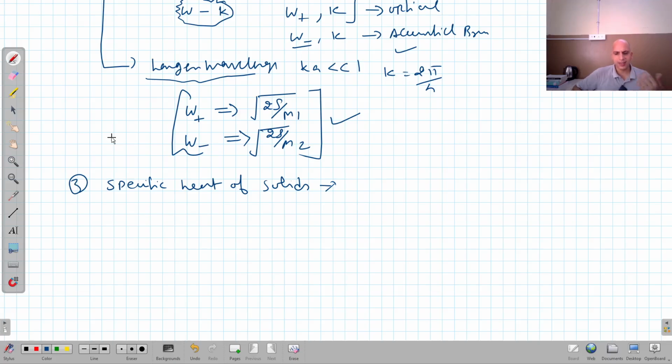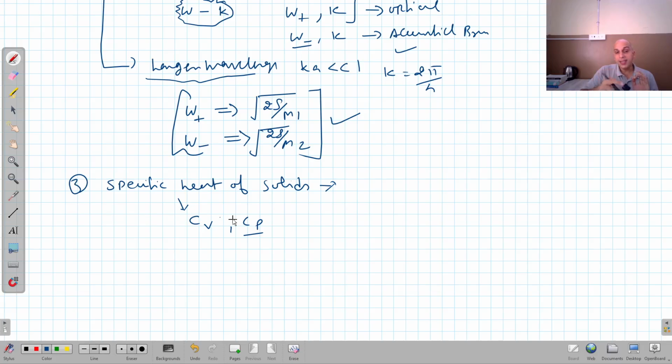Or we can say that it is defined as the amount of heat required to raise the temperature of unit mass of the substance through unit Kelvin. Usually the specific heat of the solid is expressed at constant volume, so we call it Cv. Although we know the relation between Cp and Cv, we also have Cp at constant pressure, but for solids we mostly consider Cv. I'm not going into Cp or Cv because they are all specific heats, but the thing is specific heat of solids, right?